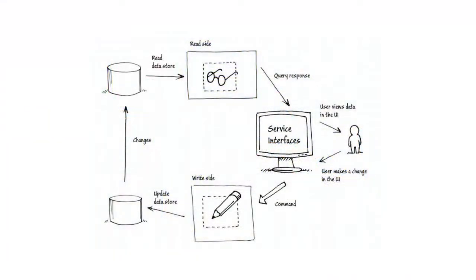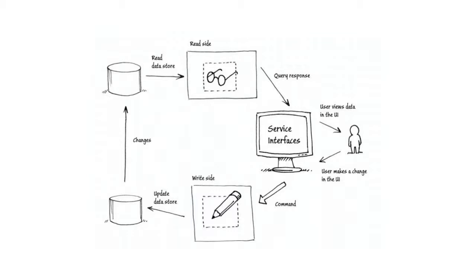How does this look in this diagram? Well, you have a user. This user can do some writing inside its page or inside an API. It sends a command. The write side of your code will update the write data store, and this data store will persist the data very quickly because it's optimized for writing. Whenever a change occurs in this write data store,